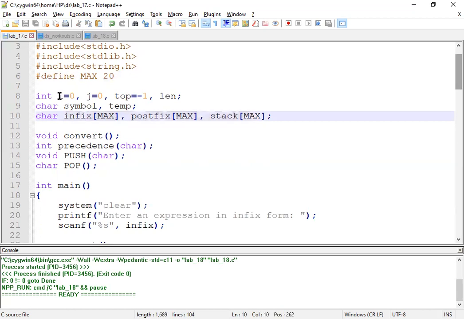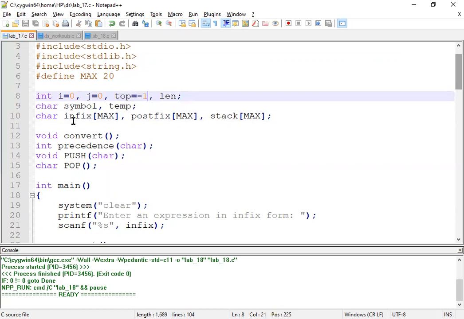For that purpose, we are using three different variables here. The first one is i. This i is for the infix expression and will access the elements of the array infix. Similarly, the j variable is used for the postfix expression, and top will be helpful for the stack. The push and pop operations that we perform on the stack will be taken care of by the value of top.